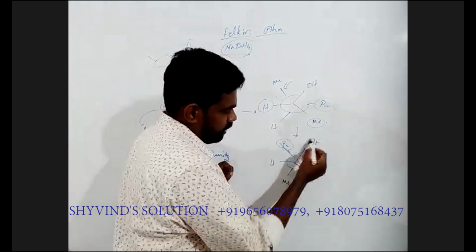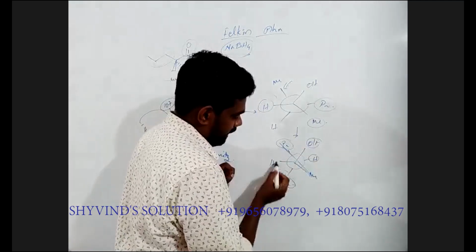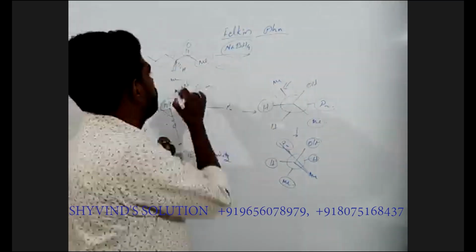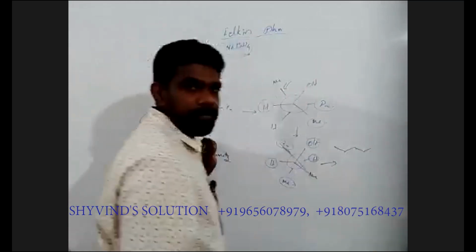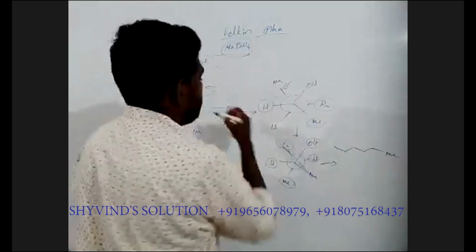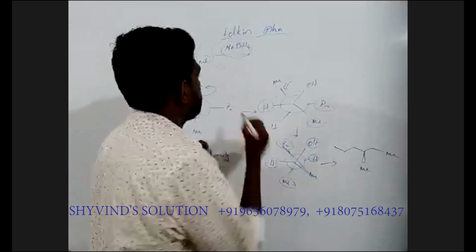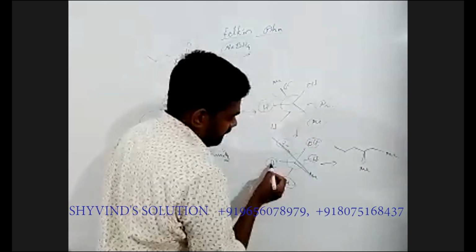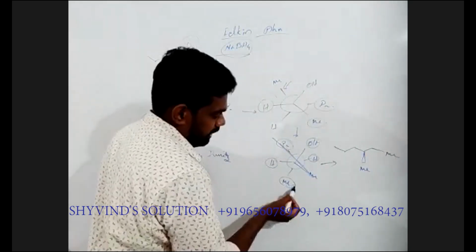So we can see OH and H, these two groups are cis. Me and H, these two groups are cis. Okay, so this is our representation. So just convert this to this. For that, just represent it like this. Okay, Me and this Me here. And we should represent the stereochemistry of this OH. You can see this hydrogen and Me are cis to each other, and OH and H are cis to each other.